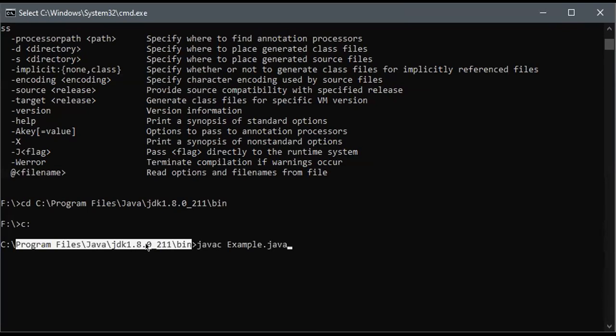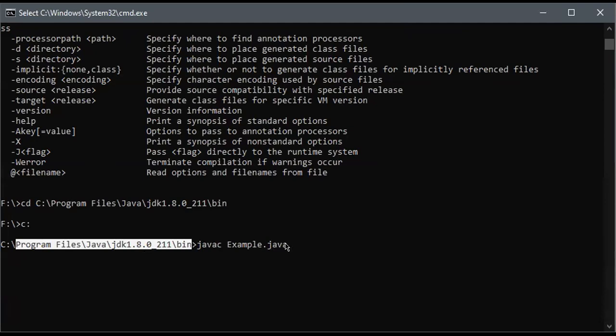This was in a previous session and I already explained it, but now I explain it in a detailed manner, because this is a very, very important one. This is what you are going to create inside the environment variables. And how are you going to compile the program? By using the Java compiler, which is available inside the bin. Using it, I'm going to compile example.java.